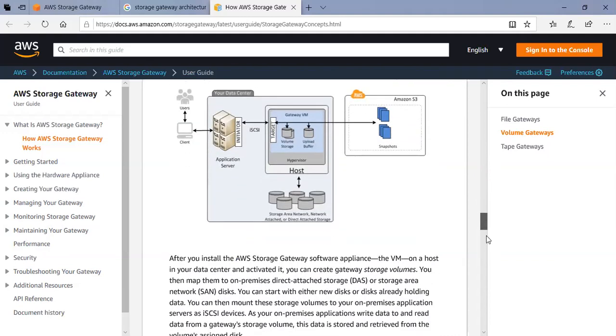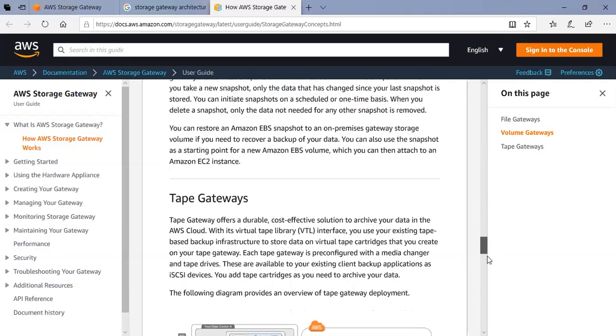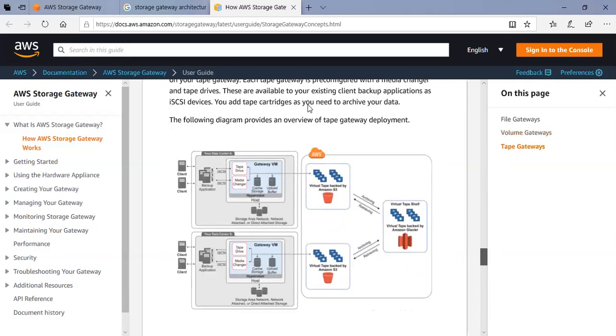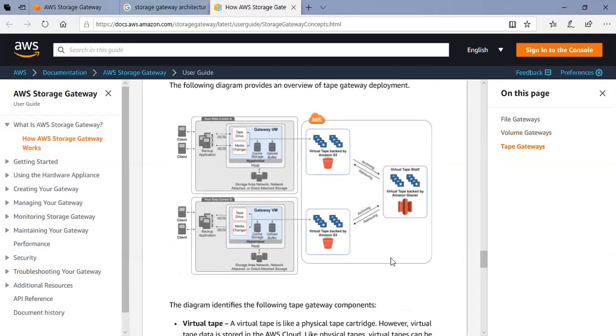So I'll move down a bit more. See why we need to worry about all those things. I'll tell you why. The following diagram talks about the overview of tape gateway deployment. Now, tape is used for backing up. In the data center, there is a server associated with a tape drive. The tape drive is a tape fed into the tape library through a magazine, and the command gets initiated from a backup tool. It could be IBM Tivoli, HP Data Protector, Commvault. It can be any backup tool.